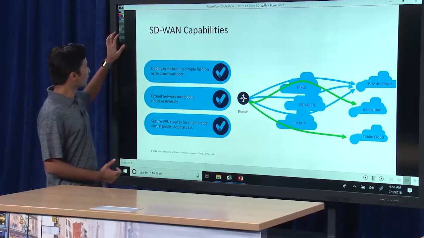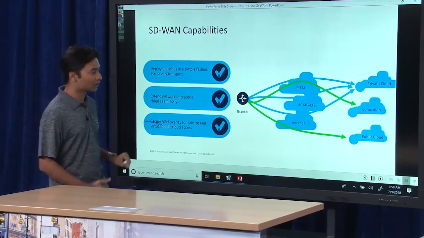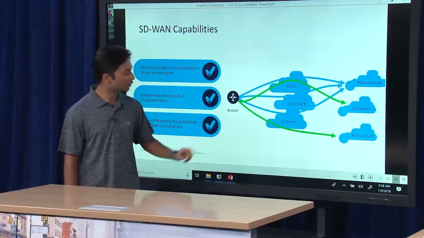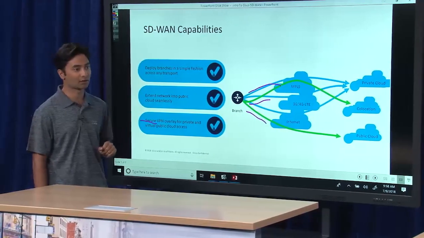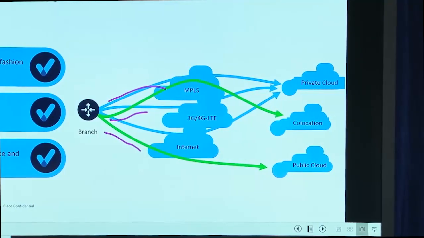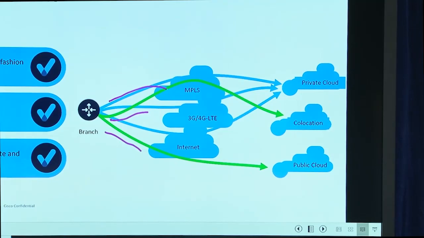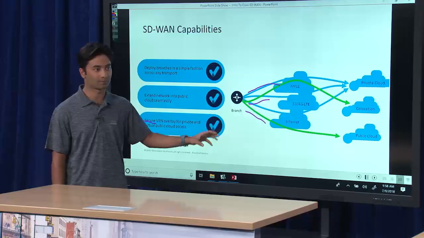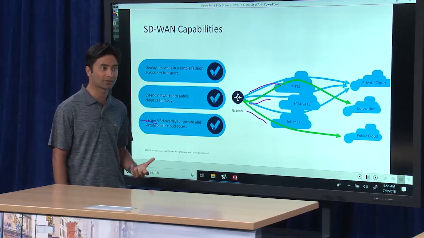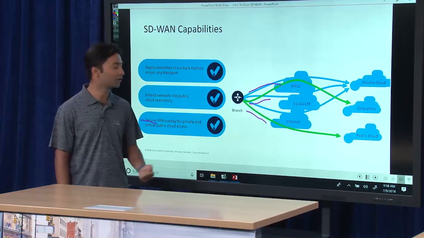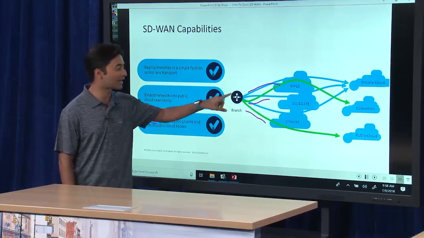So when we talk about the security aspect, everything that we build over any of these transports is encrypted using IPsec. This ensures that no matter what the transport is, in a simplified fashion, you have encryption end-to-end over all transports for all applications. In addition, we provide full segmentation capabilities, allowing you to separate out all the different types of traffic at a given site.